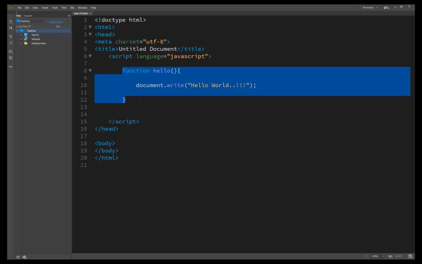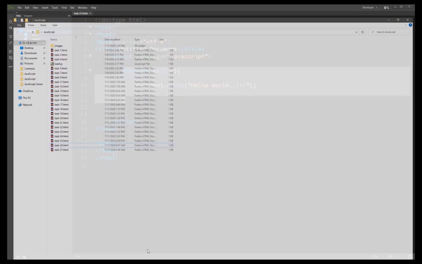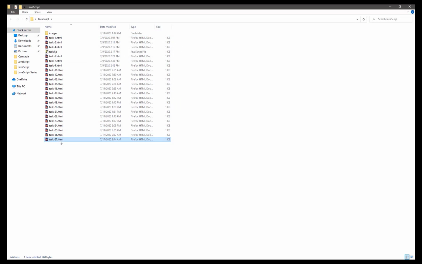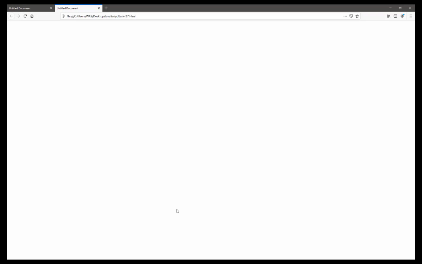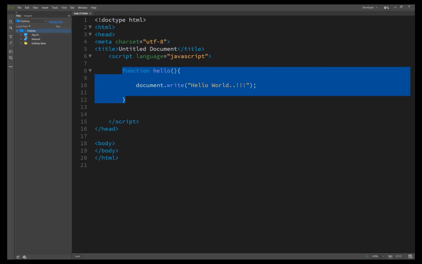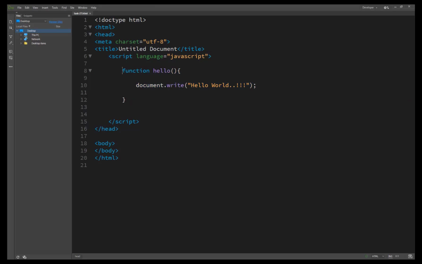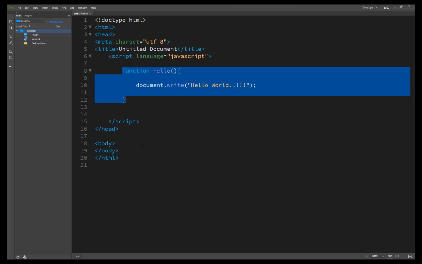We save this lecture 27, and here you see there is no result, no printing, because this is only the creation of the function. We have successfully created the function but not called it in our script.